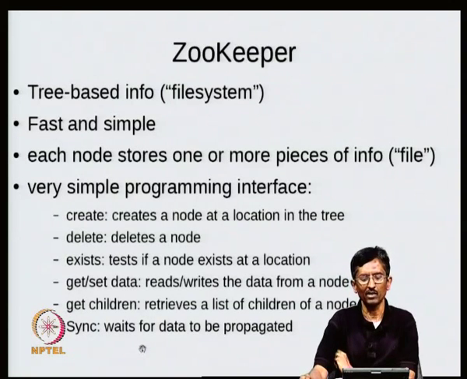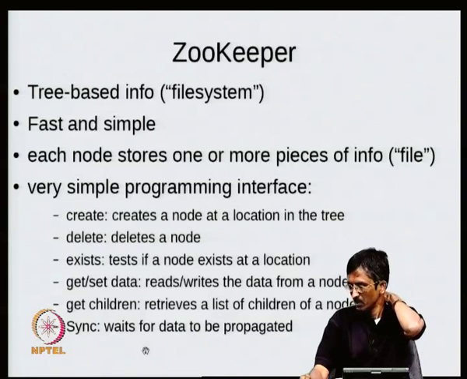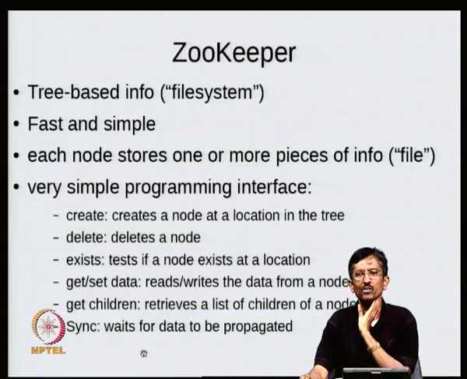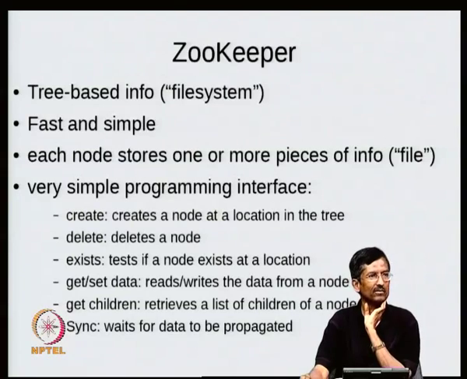What does it mean? It means that some changes have taken place, and I would like to wait till it all stabilizes. Okay. So essentially, it's similar to what you have in regular file systems, where you can do what's called fsync, and the idea is that you want to ensure that the values get updated on the disk. So there is a similar procedure they have provided to make sure that you can wait for data to be propagated, and you will get a signal saying that it's done, then only you can proceed. Okay.